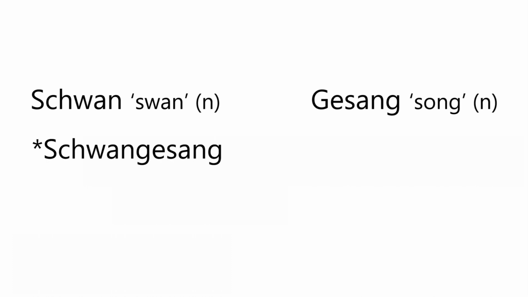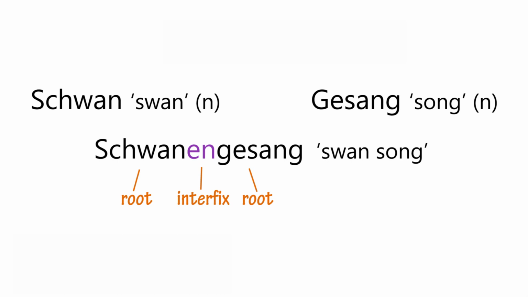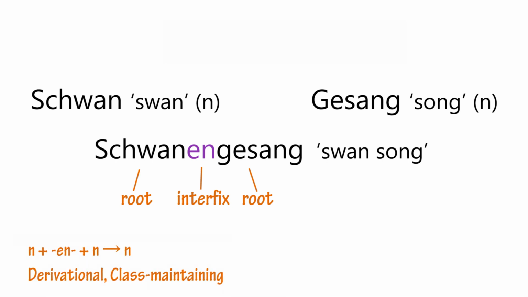It's like a glue. And in this case, you use this glue, en. So it doesn't have any clear semantic content to it, but you need it. You cannot say Schwangesang. You have to say Schwanengesang. And that's not the only interfix in German, because,